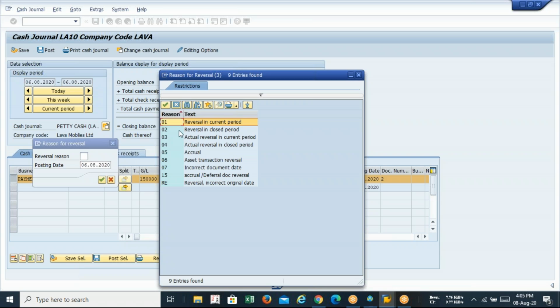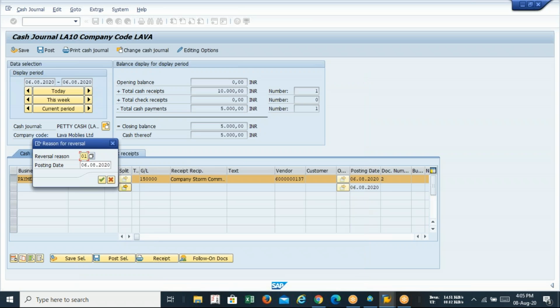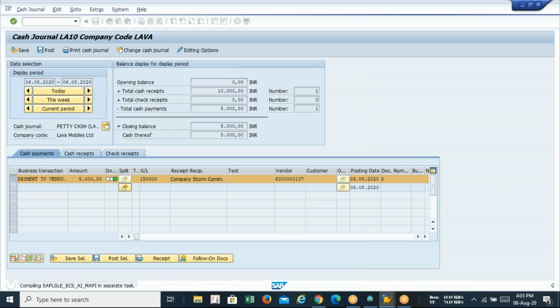You have to give some reason for reversal. You can select any one reason of your choice and enter, and then show the balance. Just go through the balance also.